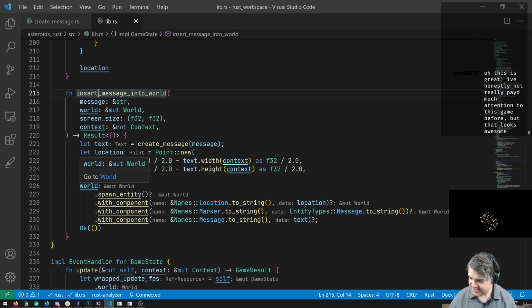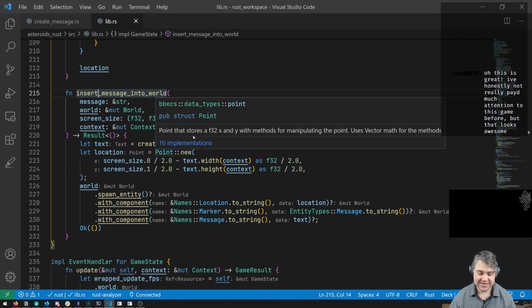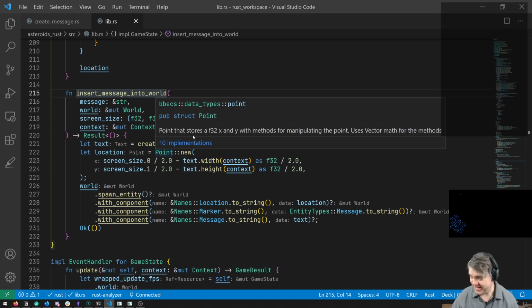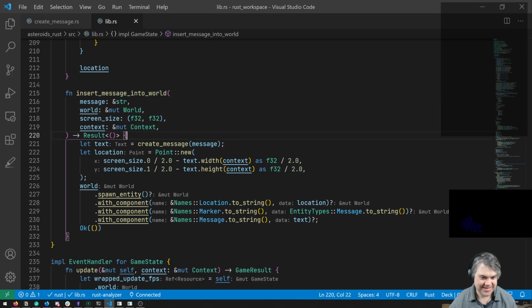Oh, you've not paid much attention to this game before? That looks awesome. Oh, thank you. Yeah, building the ECS crate itself is hard to get up and going. Once we have it, everything is so much simpler in my mind. Part of it is because I've written it, so I have a lot more information. If somebody else tried to use it, I think it would be a terrible, terrible, terrible experience, which I hope I've written into the README a few different times. That way, nobody stumbling across it actually tries to use it, unless they really, really want a challenge.